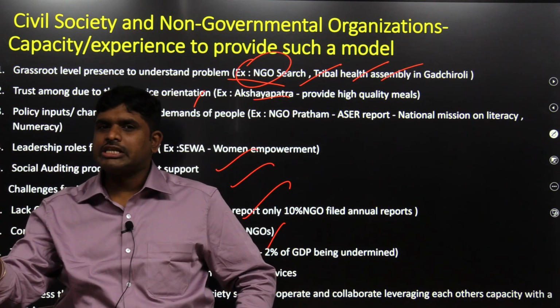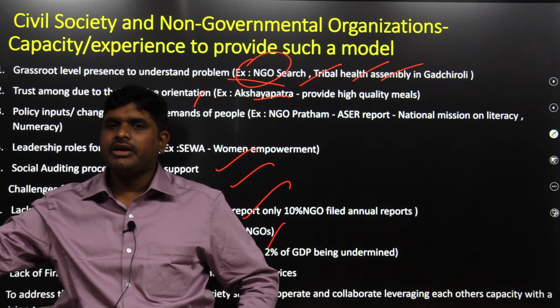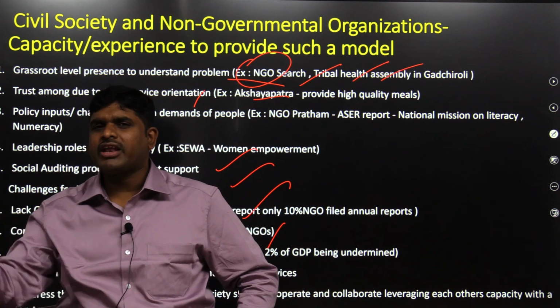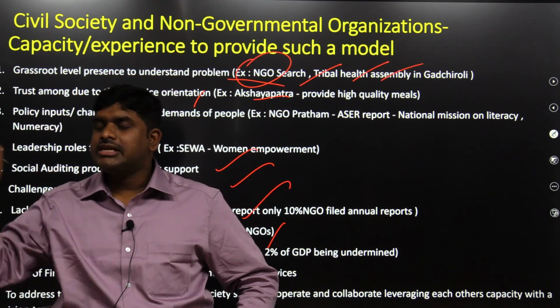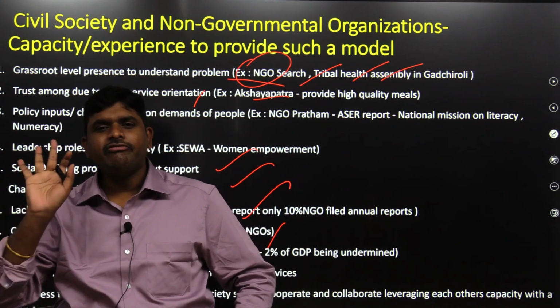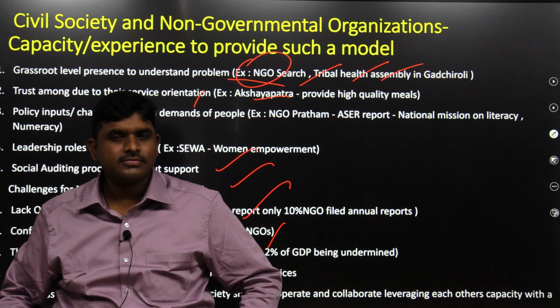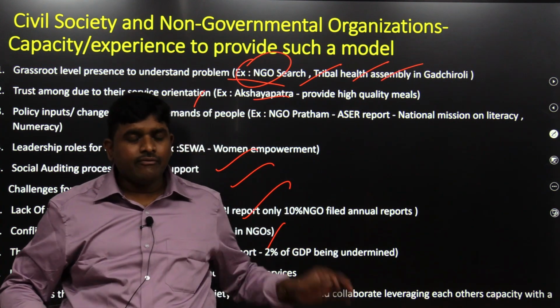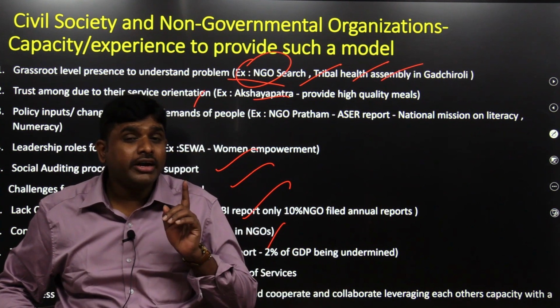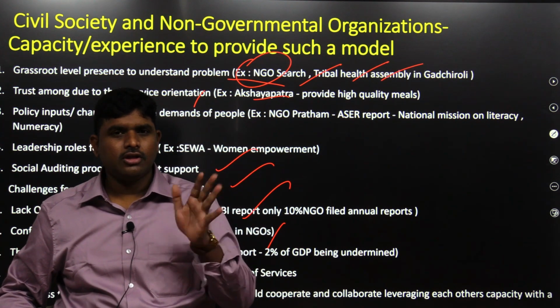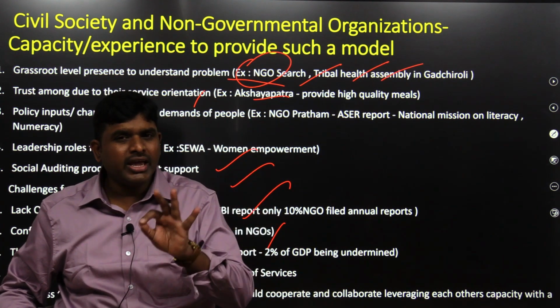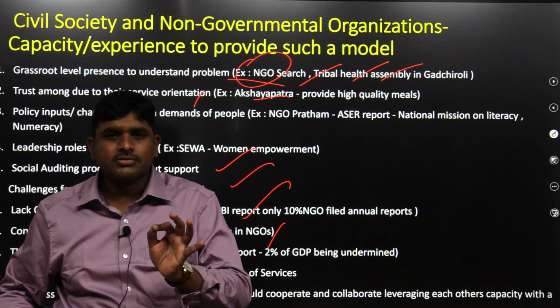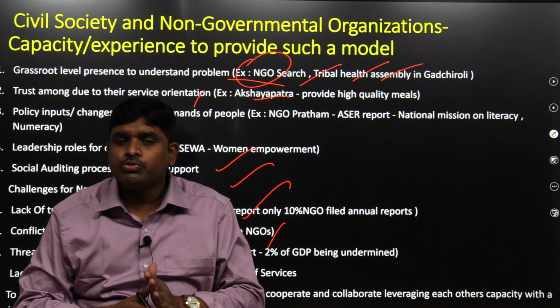Self-help groups: what are self-help groups, positives, negatives, any committee recommendations, how self-help groups are linked to microfinance institutions. Pressure groups: what are pressure groups, examples of pressure groups, positives and negatives of pressure groups. Now what you have to do, till we complete this governance module, after the class try to make your own notes, not detailed notes, bullet points. If you write detailed notes also no problem, but try to make bullet points at least by your hand, so that it will be more useful, you can remember it and recollect it.